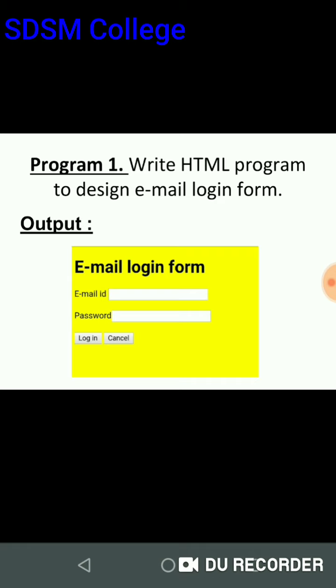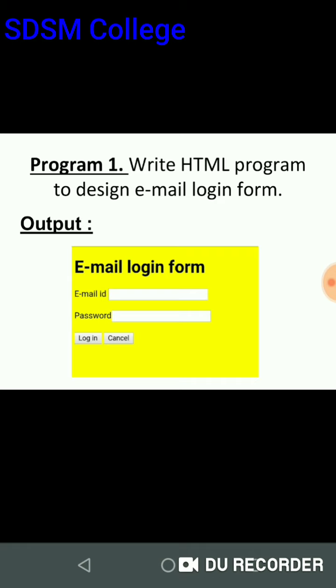Here in the output you can see email login form in H1 heading, then the email ID label is given. After that one text box is there. Next, the label password. After password there is a password field. Whatever content you are typing in the password field should display as asterisk symbols or dots.